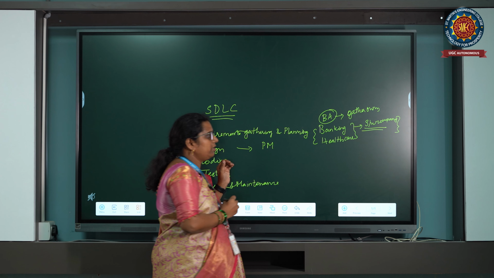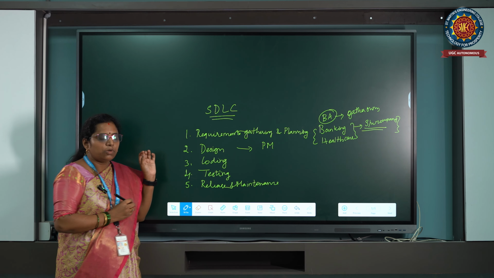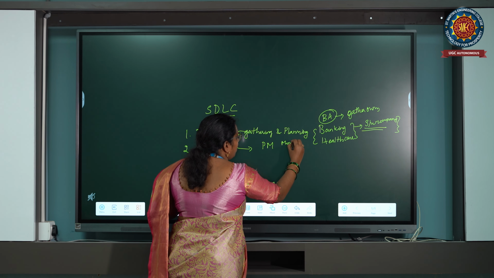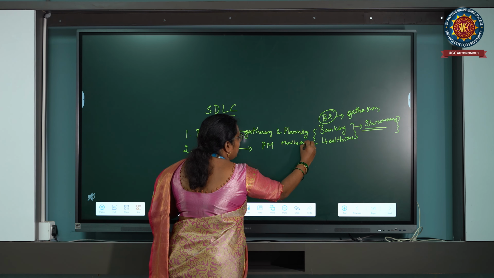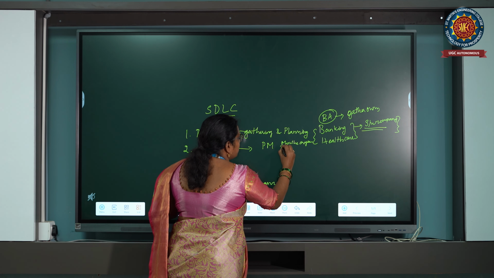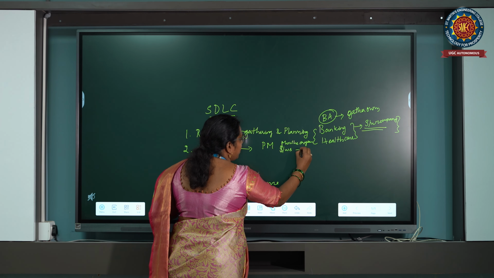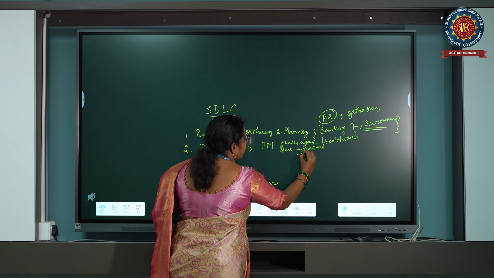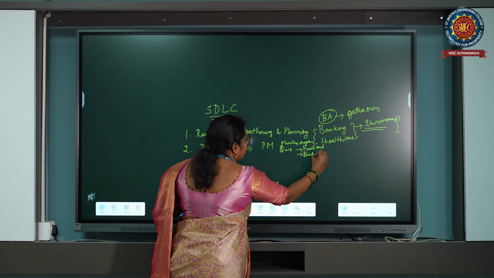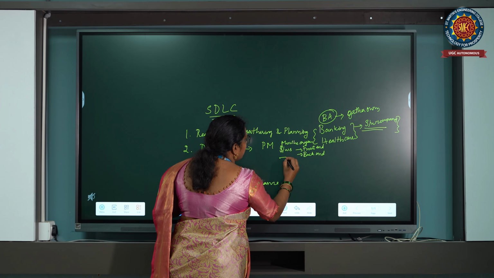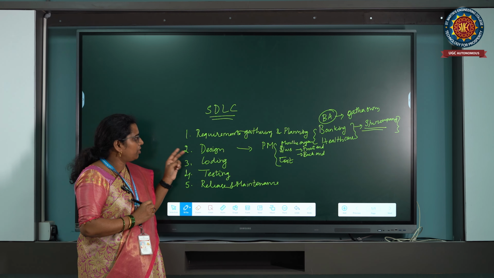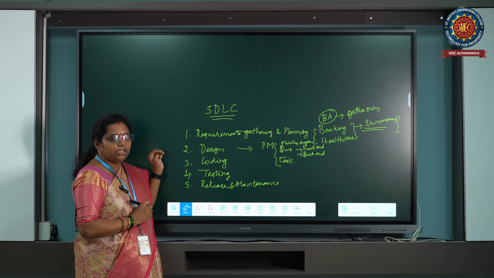Now this project manager, what he's going to do is, he's going to decide how many months or years. Next, what are the softwares involved? That is front end as well as the back end. And third one is going to decide the cost. The main thing is the cost. Now these three things are decided by the project manager in the design phase.